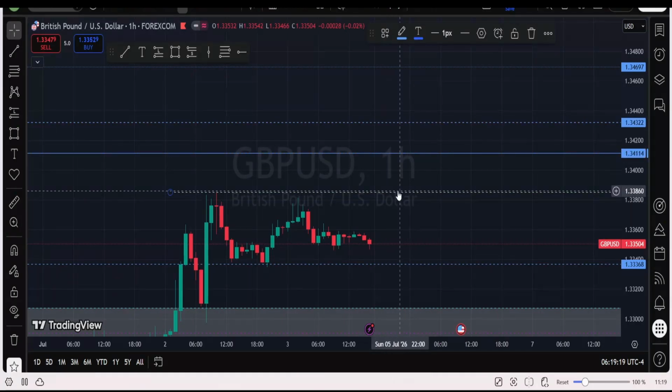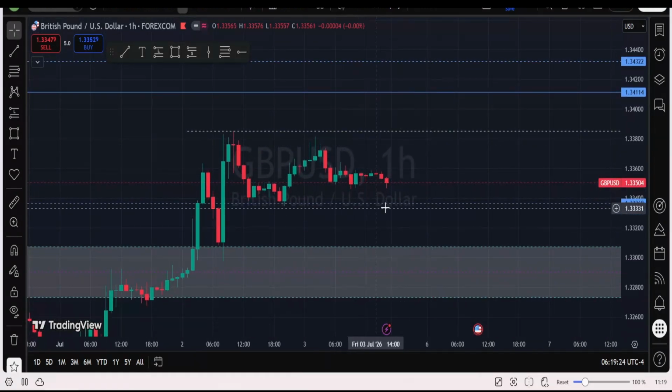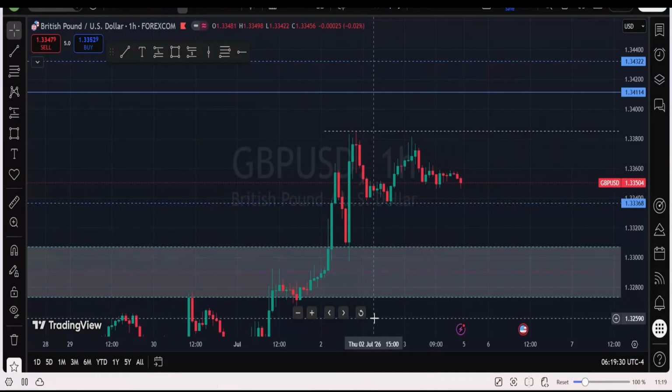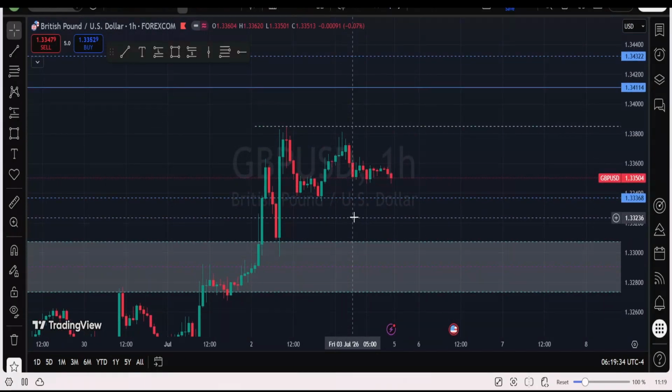But first, we want to see price running out this liquidity to give us a reason to continue to sell, as price is apparently getting to a level which is a key level for a sell, maybe to rebalance itself to the downside of the market. So what are we expecting for us on liquidity narrative?